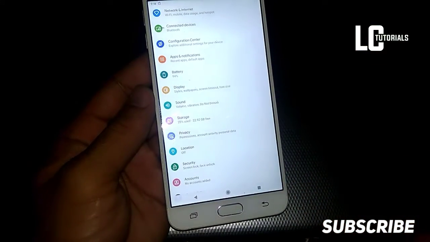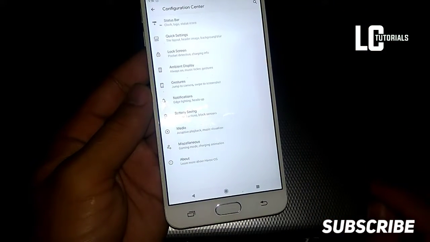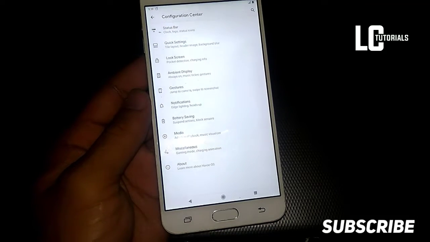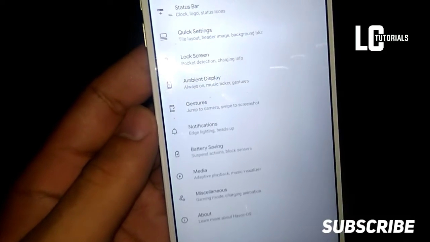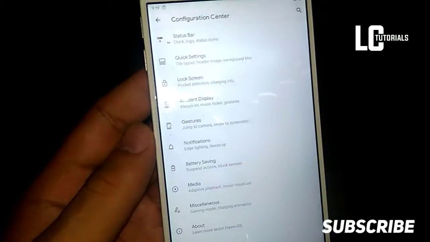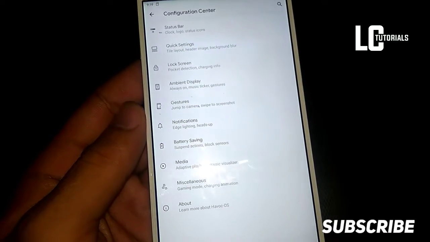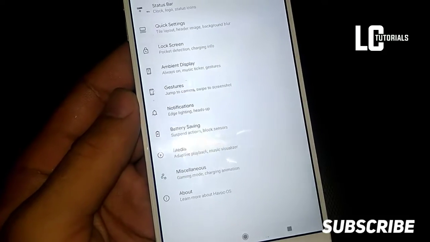And also there is a configuration center. We all should know that there is a configuration center in this ROM, because this is a Havoc ROM. Here are the status bar, quick settings, lock screen, ambience, display, gesture, notification, battery saving, media, miscellaneous, and about Havoc OS.